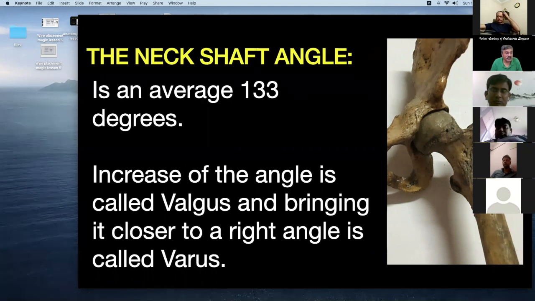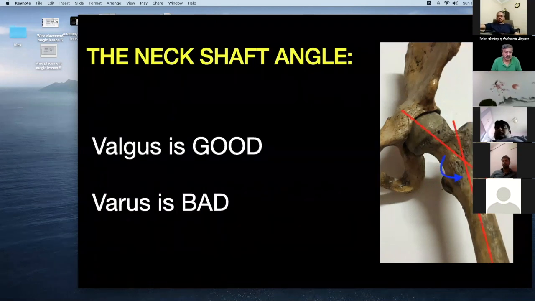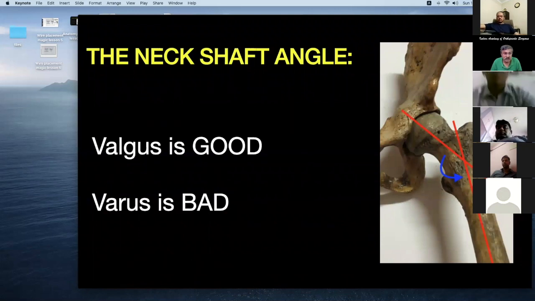The one lesson a beginner has to take from this lecture, even if it is just one point you can keep in your mind: thou shalt not commit the mistake of varus. This is the most important point to assure biomechanical stability and a long-term proper functional outcome of any arthroplasty procedure. Valgus is good, varus is bad.